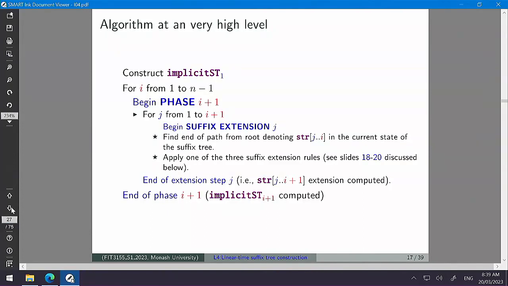Now, what are the suffixes from 1 to 2? The prefix is always what the phase is pointing to. So when the phase is pointing to 2, you're dealing with all suffixes of the prefix from 1 to that phase. The suffixes of that prefix AB are AB and B, isn't it? The two. So AB and B. So the first extension: previously A has to be extended by a single letter. Remember what we said, going from I to I plus 1, you're adding a single letter. So out here, do you agree that in phase 2, you would have